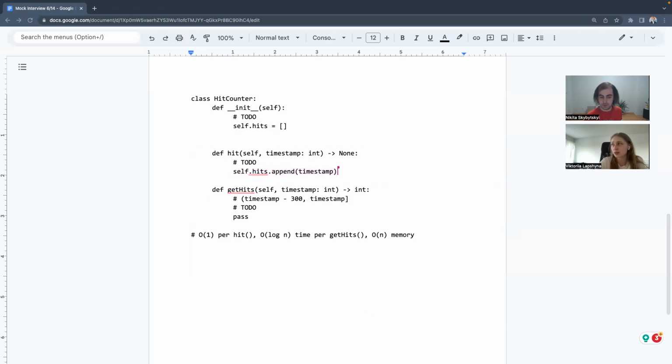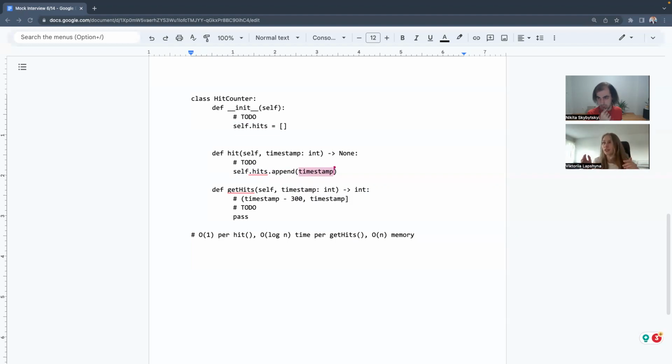We only need to store the ones within the past 5 minutes. Right. So whenever we append a timestamp, we can do a check, compare it to the first timestamp, for example.